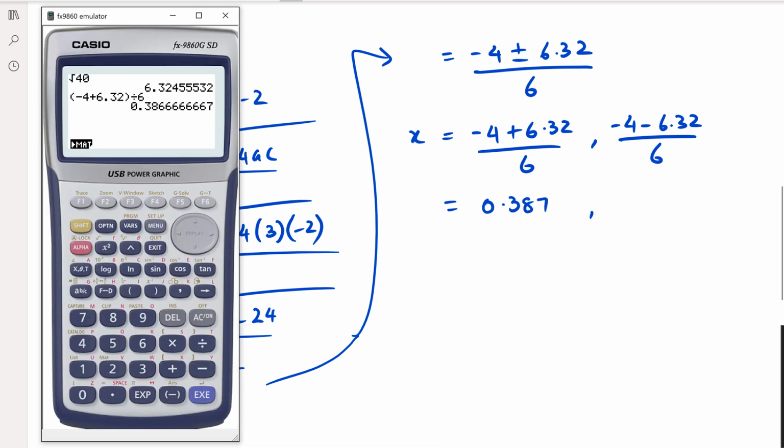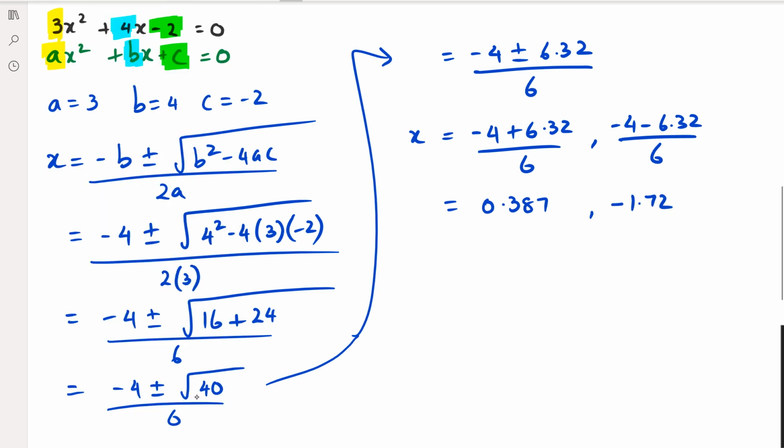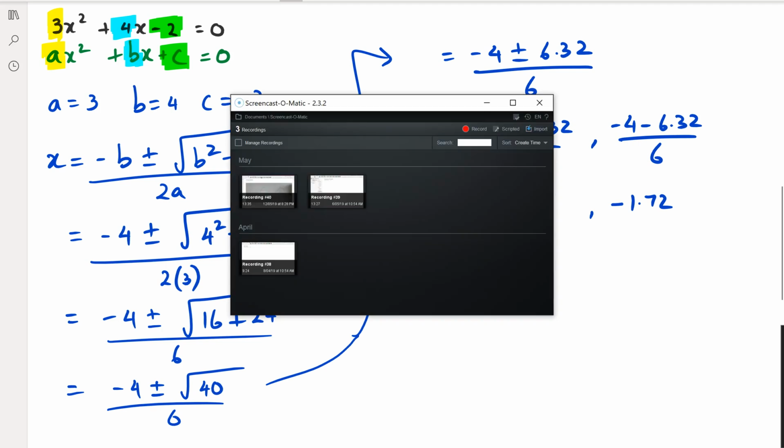and my second answer is, now here's a good little trick, if you want to do this really quickly, just go back and get rid of the plus and put a minus in it. So you've got negative 1.72 as your second answer. Okay, guys. So that's basically how we end up using quadratic